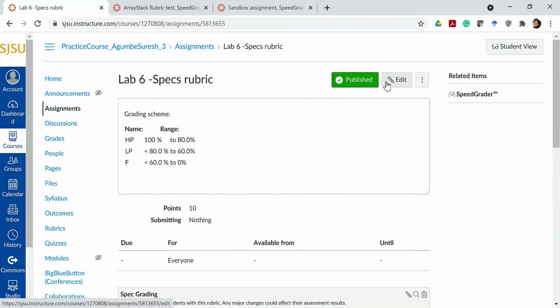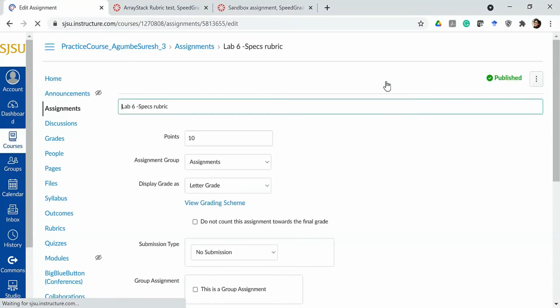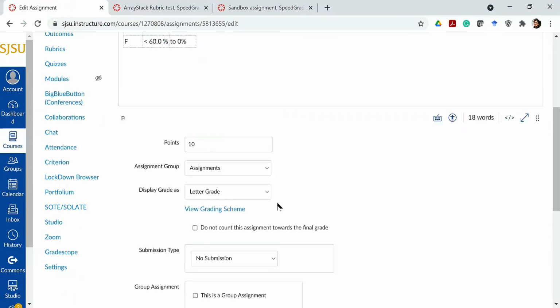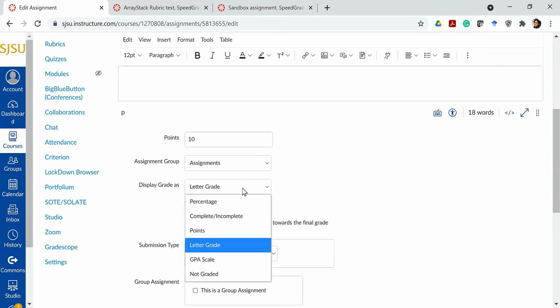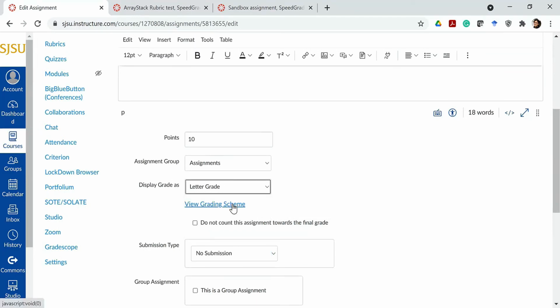If you want letter grades to appear on your assignments rather than the number, like I had previously, I'd already moved one step forward. So the way we can set that up is choosing the letter grade here. To be able to do that, you need a grading scheme for the course.